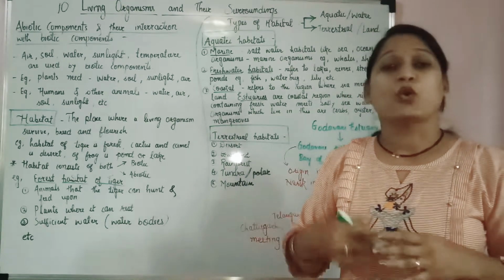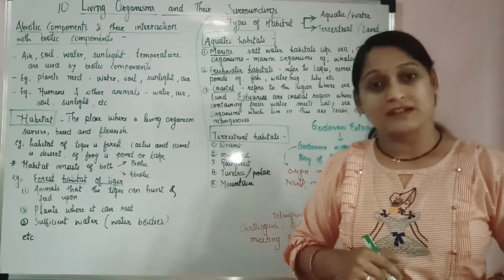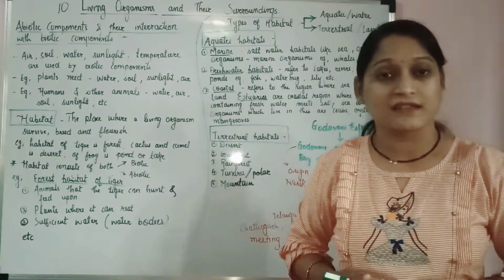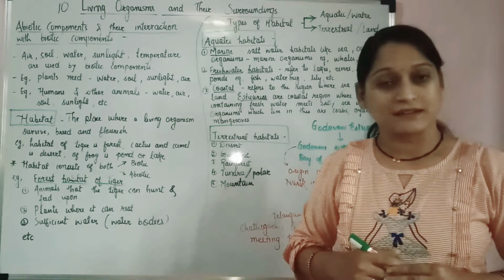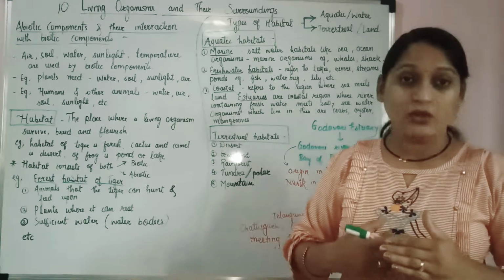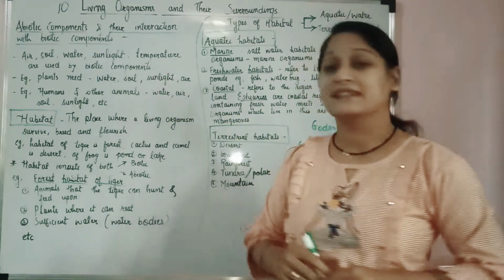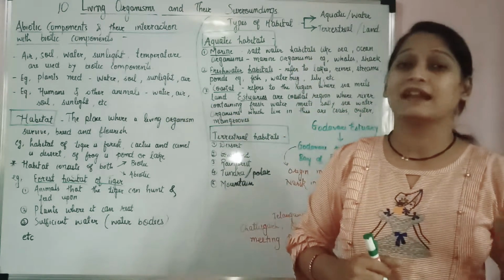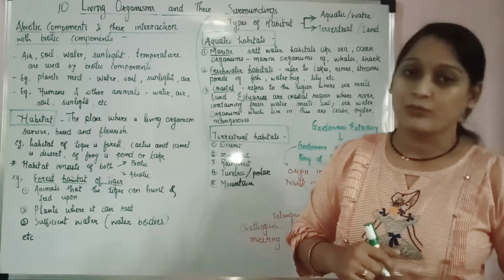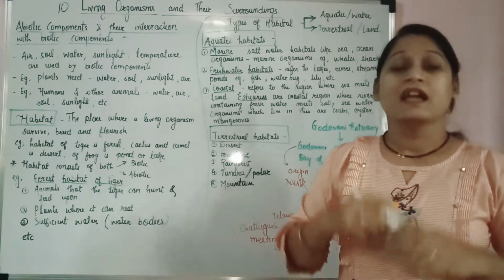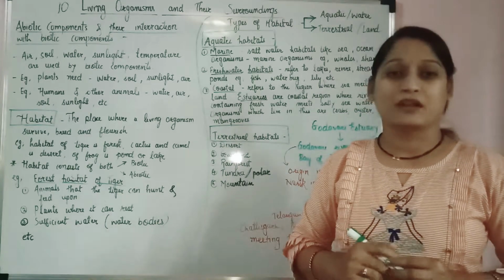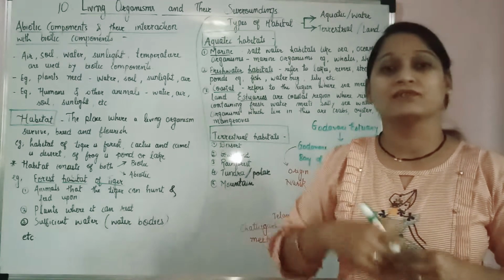So all the things which are required by the plants for the internal life processes are all abiotic components. So this is what the biotic component, plants, are dependent upon: the abiotic components like the water, the soil, sunlight and the air for the requirement of carbon dioxide, right? And by using these abiotic components they try to survive a lot.